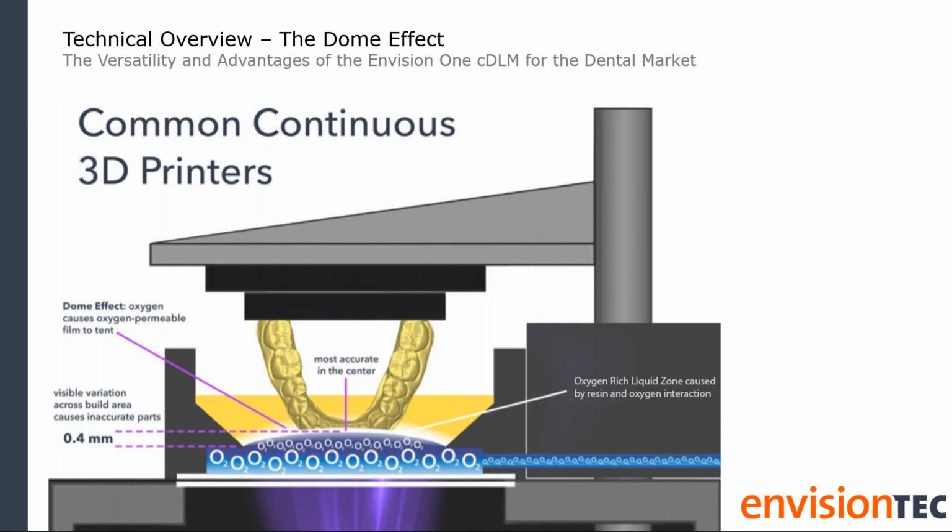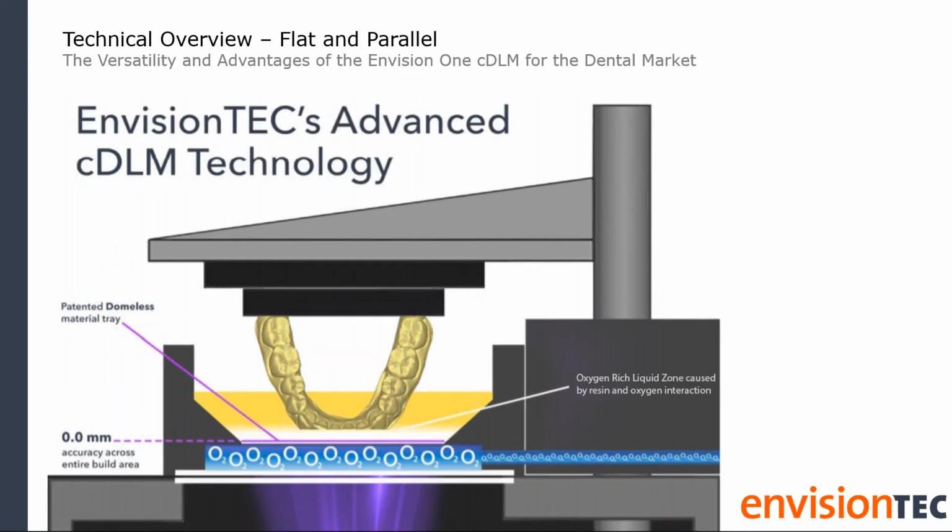Unfortunately, adding oxygen below a flexible film inevitably causes the film to tent or rise more in the center than in the outer edges. That means that the film has a dome shape during the printing process, and the oxygen-rich liquid zone is also domed. This in turn means the parts are no longer 3D printed on a flat surface, even in the free space above this zone. Referring back to the diagram on this slide, we see the dome causes a visible variation across the build area of 400 microns. This is almost half a millimeter, which results in inaccurate parts. Now if we look at the Domeless technology,